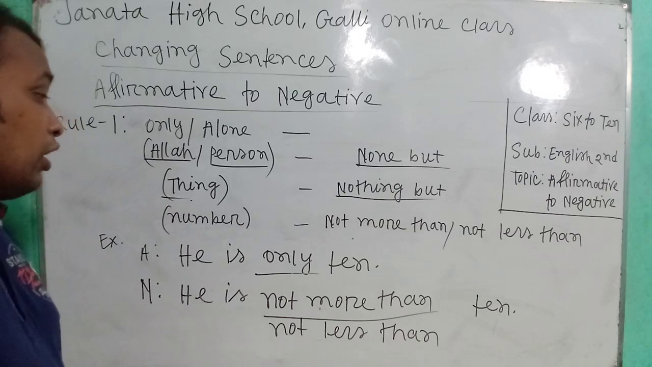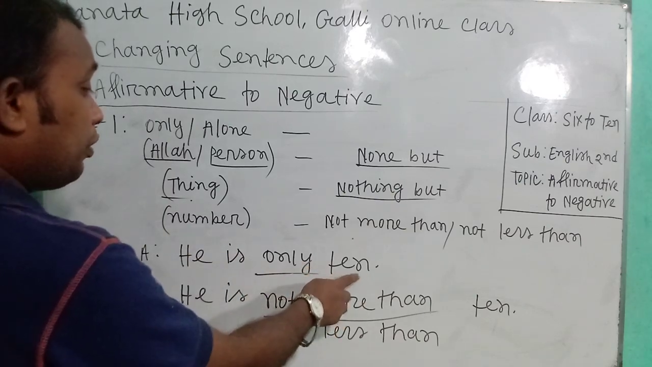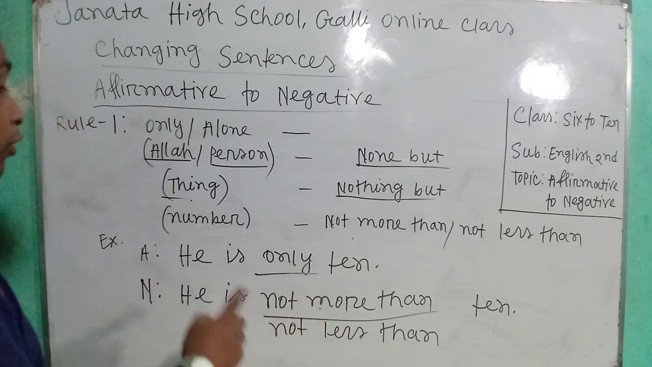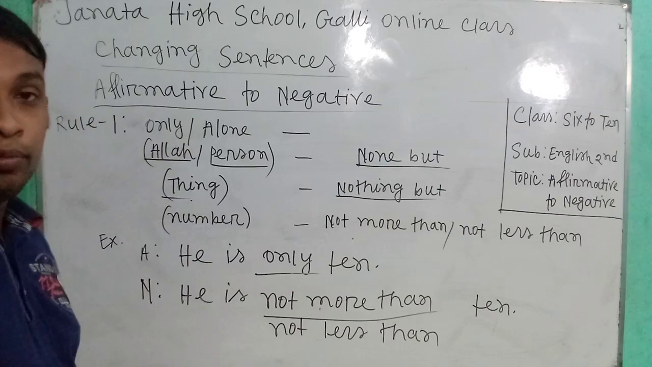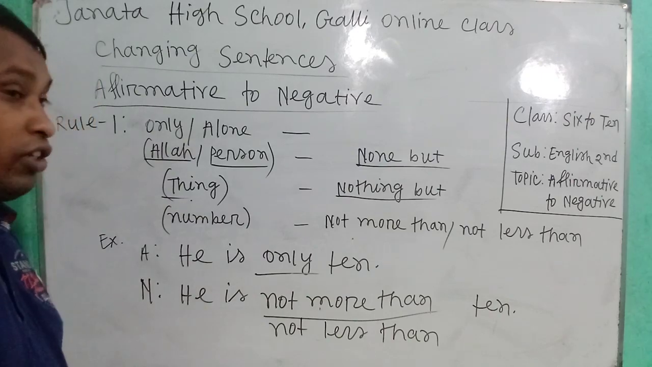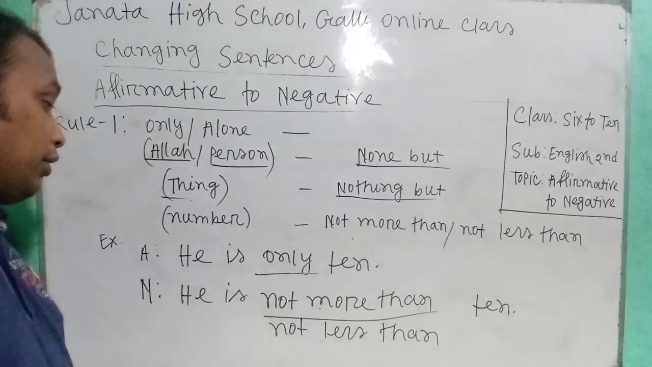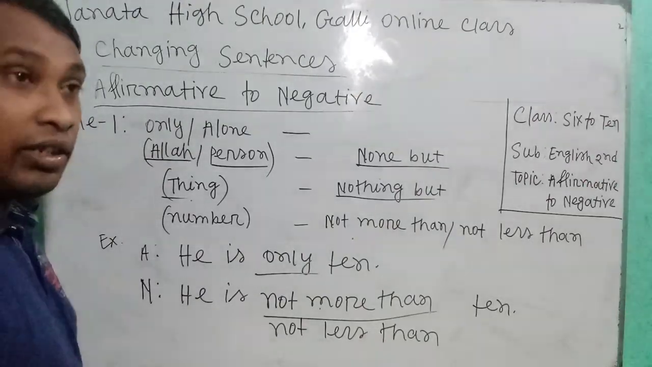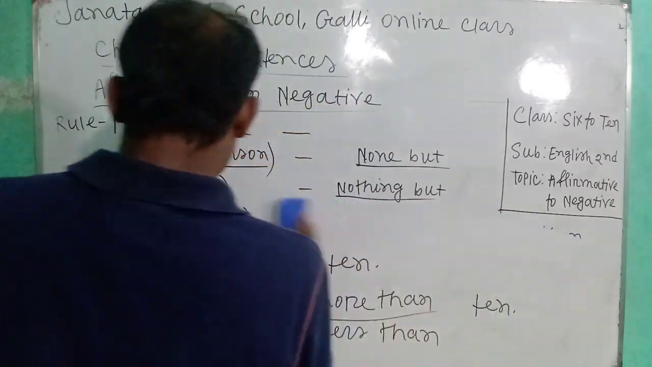অর্থাৎ আমরা যদি অনলি কোনো সংখ্যার পূর্বে ব্যবহার করা দেখি, তাহলে আমরা নট মোর দ্যান অথবা নট লেস দ্যান ব্যবহার করব। নট মোর দ্যান মানে বেশি নয় আর নট লেস দ্যান মানে কম নয়, দুটোর যে কোনো একটা ব্যবহার করলেই হবে। ওকে, নাউ আই অ্যাম গোয়িং টু নেক্সট রুলস।